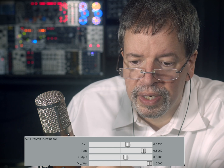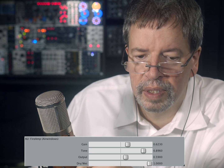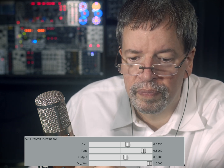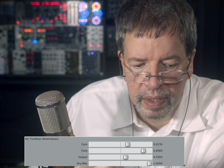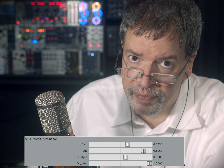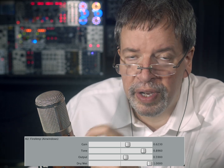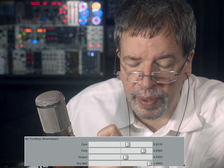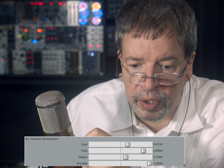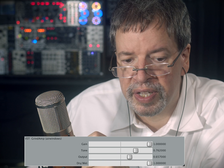We have got FireAmp here. And of course the raw guitar is this. Now, not everybody liked the sound of FireAmp. It's that way for a reason. It sounds like that because it's supposed to sound like that. But I did have another old school amp sim kind of thing that I put together, and that one is called GrindAmp. So, whereas FireAmp sounds like this,